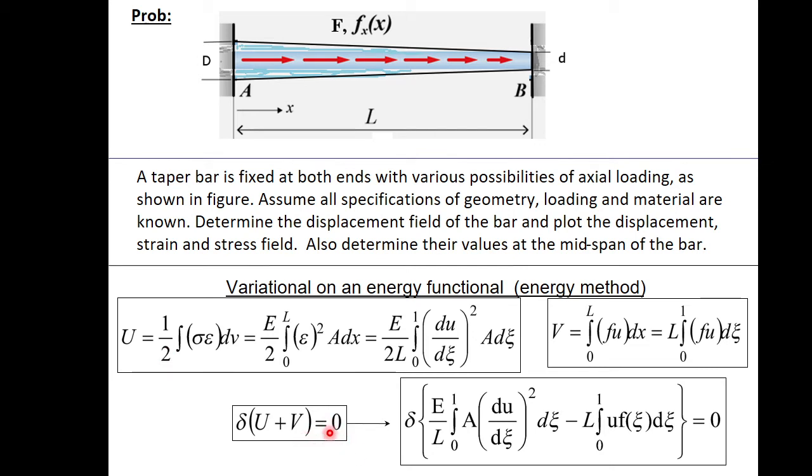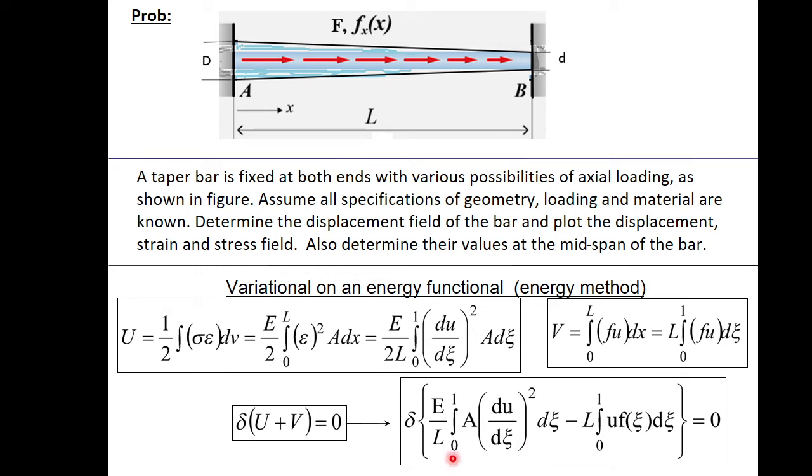We put them in our governing differential equation or principle of minimum potential energy. This is what we are getting. Okay, this part, is it clear? This is the final form of the equation. So here you have to consider a displacement field u. This is our unknown, and then these parameters are known. Something is multiplied here, right?